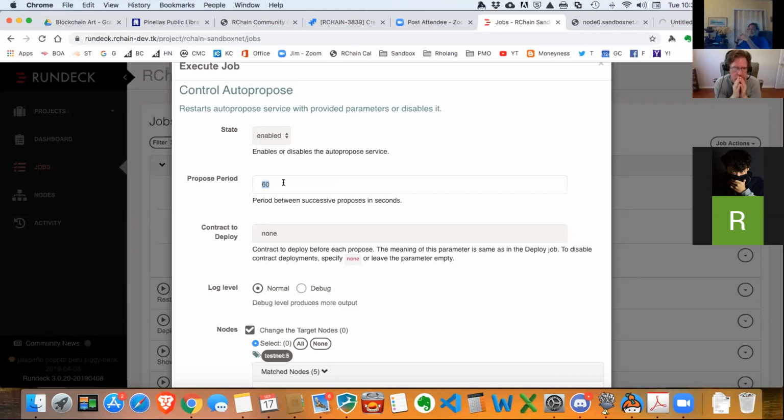Oh, you're talking about this proposed period, 60 seconds. Is that what you're talking about? Yes. So make it 1 second. Actually, if you make it 1 second, you'll get through your tests quicker. Or should. Meaning this proposed period, all it's doing is basically delaying proposals. So if you remove that, then as soon as somebody is ready, meaning the condition is met, you should be